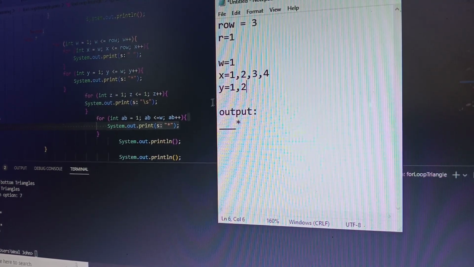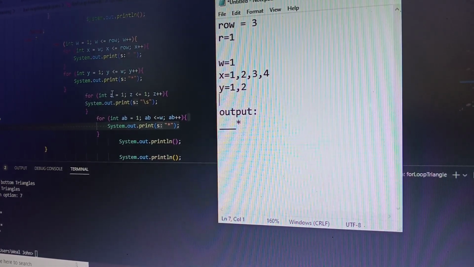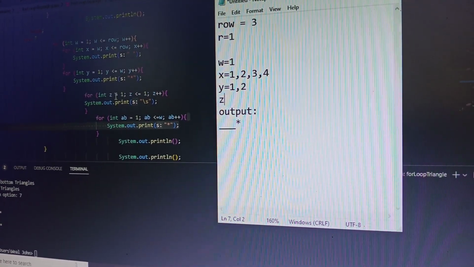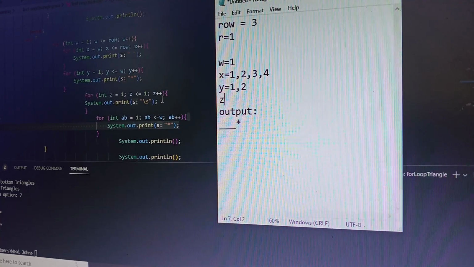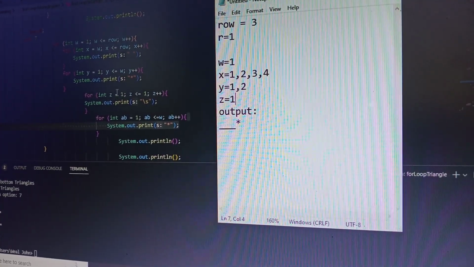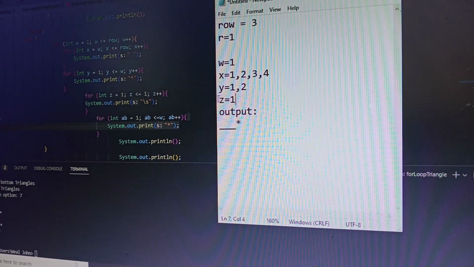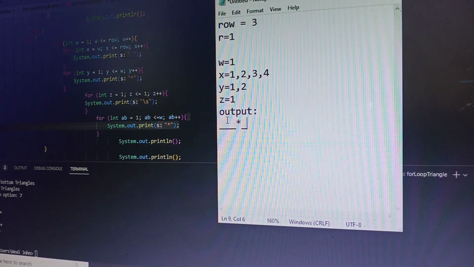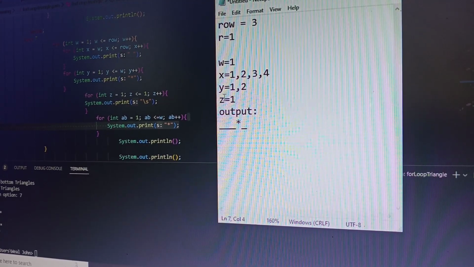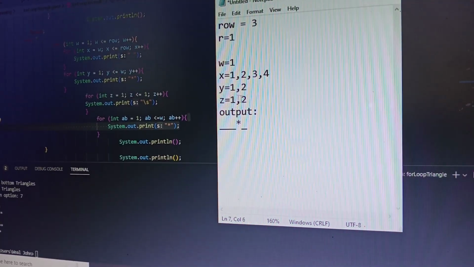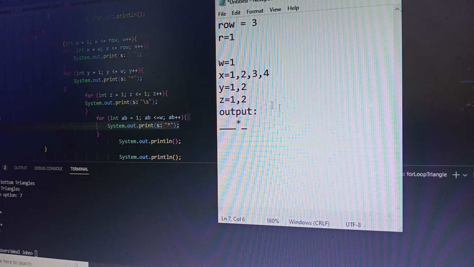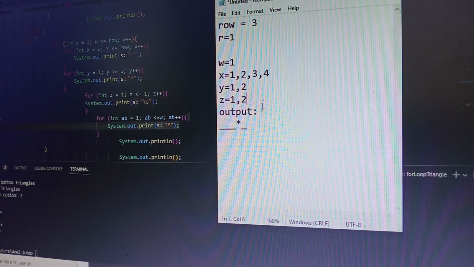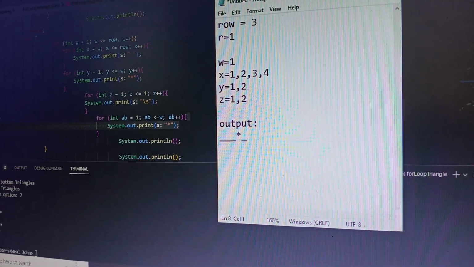false, proceed to the next line, which is the variable z, then z is equals to 1. Condition z is less than equals to 1, true, then we'll print space. Then increment: 1 will now become 2. Is 2 less than equals to 1, false, then we'll proceed to the next line, which is the variable is